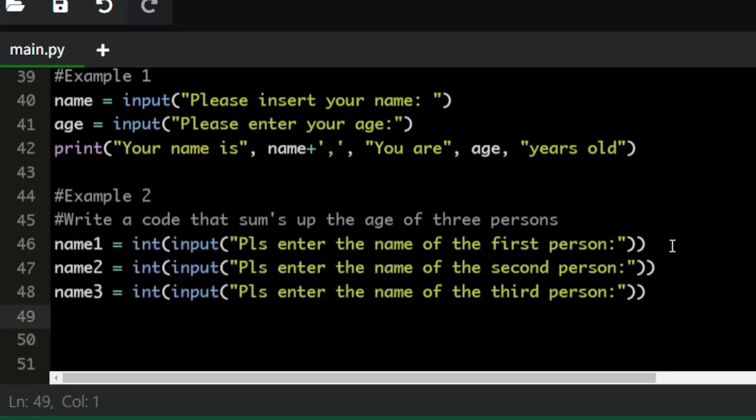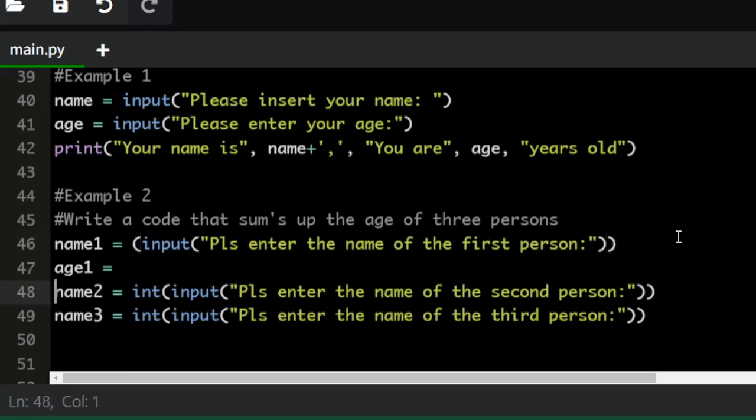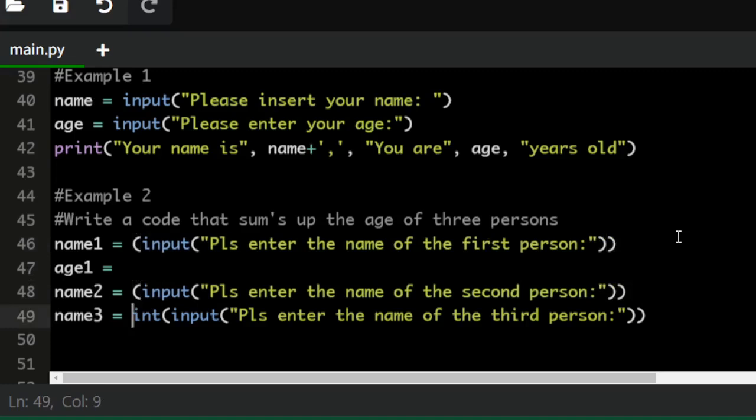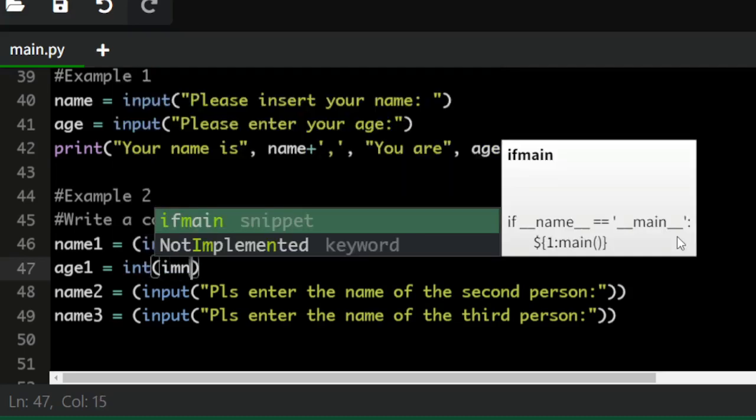You can say age 1 is equal to, sorry, since it's a name, I'm not casting name, I'm casting their age. I'm sorry, I think I've gone through a lot of stress today. You are casting their age, not their name, because you need name to come out as a string. So you have integer inputs,